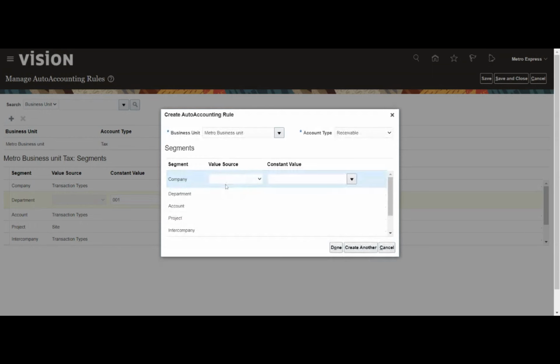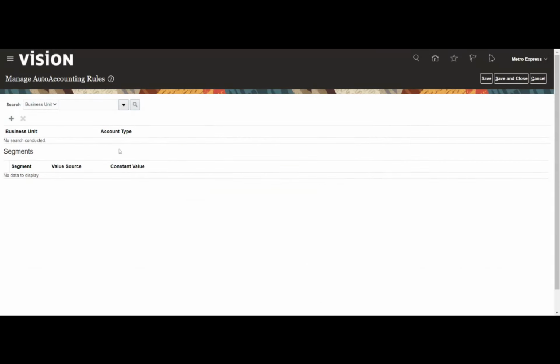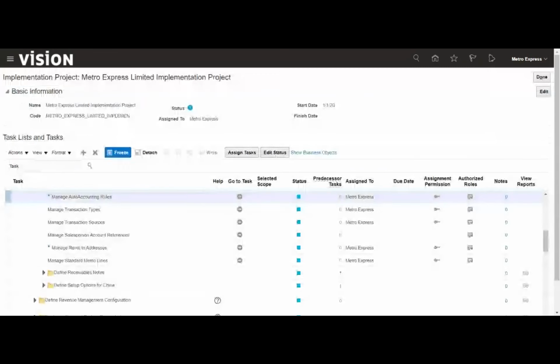One is I can give the transaction type, or customer site, or salesperson. Salesperson comes under CRM and the other things, so from there we will pull in the salesperson details. There also we can give this account code combination, that is receivable, revenue, deferred tax and other details. Yeah, there is a bug actually, so it disappears, and even if we try to save, it's not happening. Probably I'll check on this one. We'll see this when we do the auto invoice and the other process.